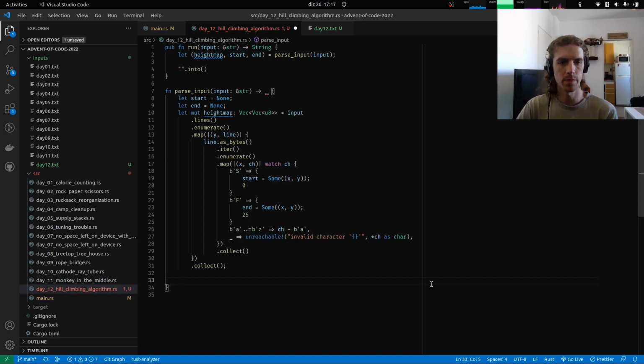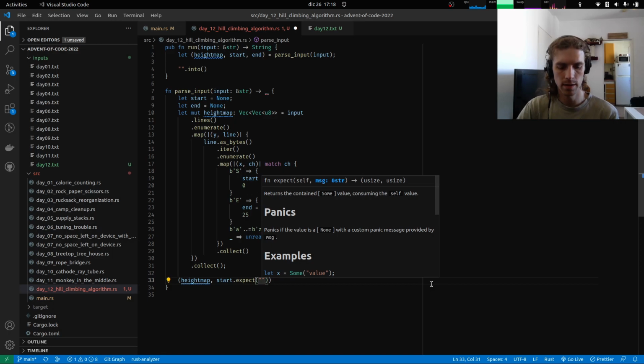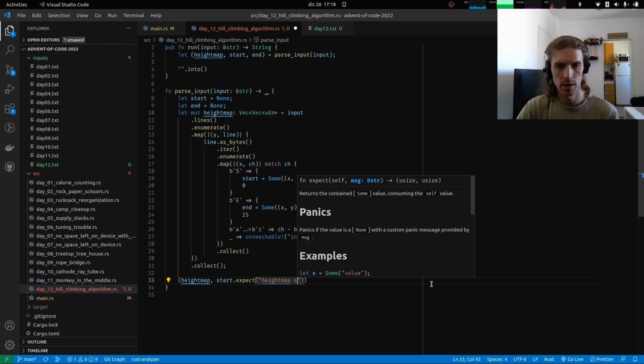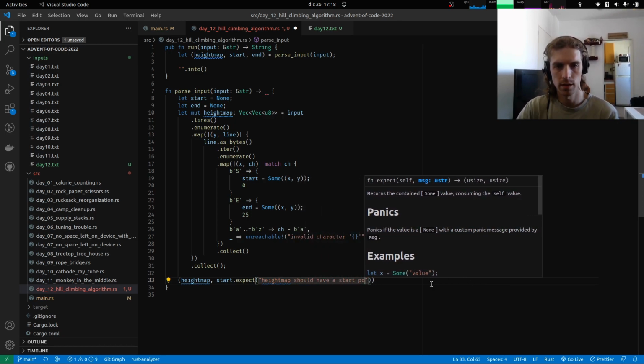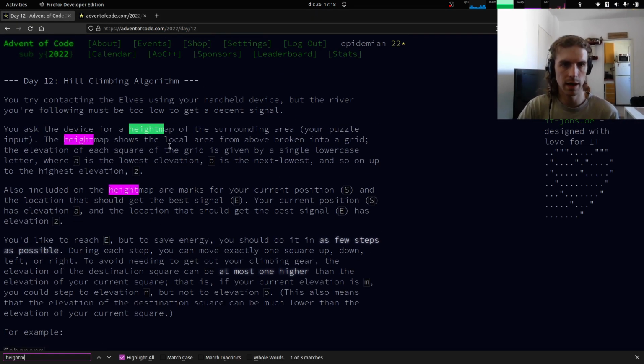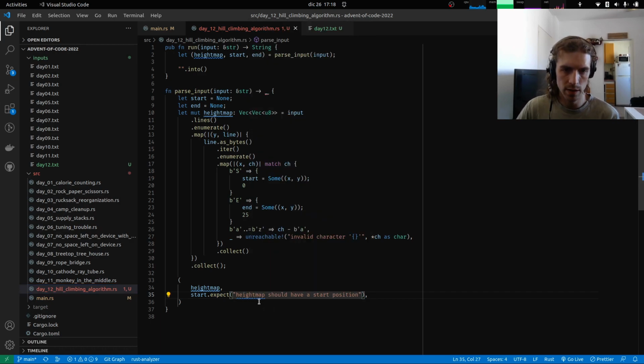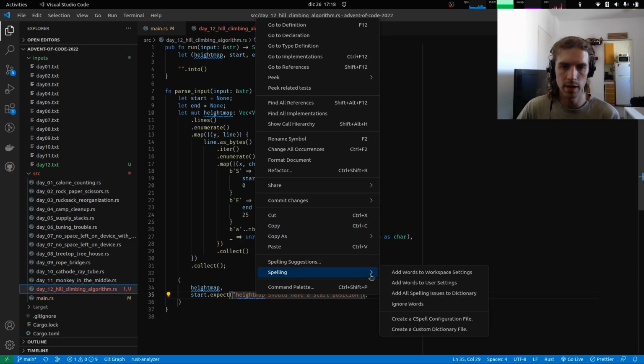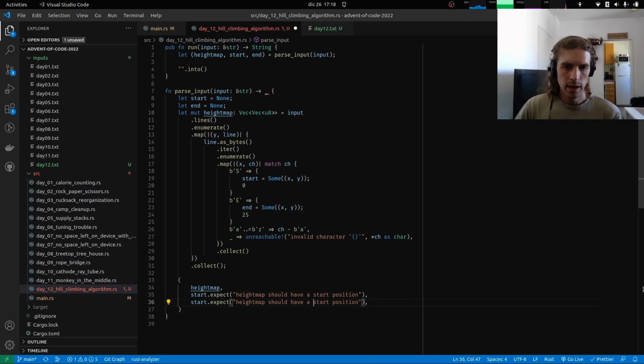And now I guess we can probably validate that start and end were found. Well, we can just return the height map and start and expect a start. Height map should have a start position. I wonder why height map is not understood as a word. Is it height map? Yes. Yeah, it should be a word. So, and I'm writing it correctly. Yes. Let's add words to user settings. Okay. And the end also. And expect should have an end position. Okay. So we should have this thing